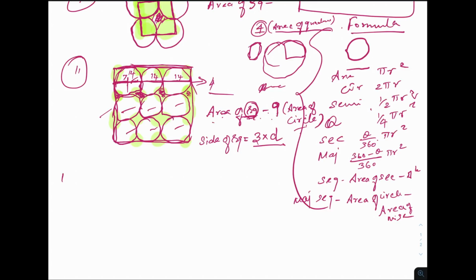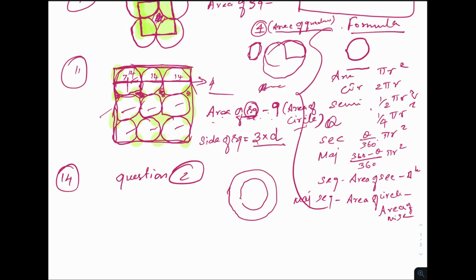So next one, question number 14. What we have seen in question number 2, actually it was given as a concentric circle where we have two sectors, that is the inner sector and outer sector. Here they have just given the sector alone. So this is the shaded region. So how to find the shaded region? Here it is 20 degree and then the radius is 21 for the outer sector and 7 for the inner sector.